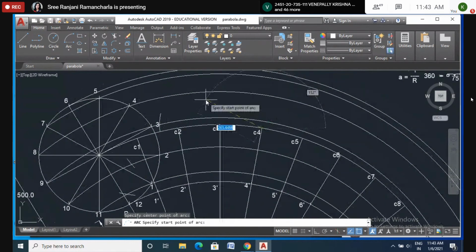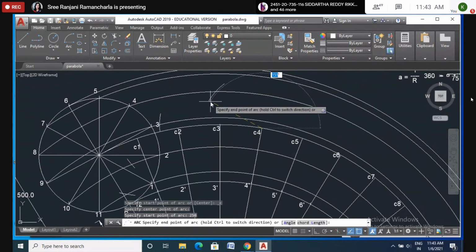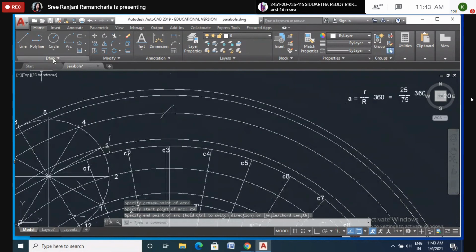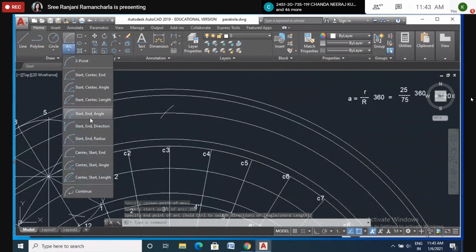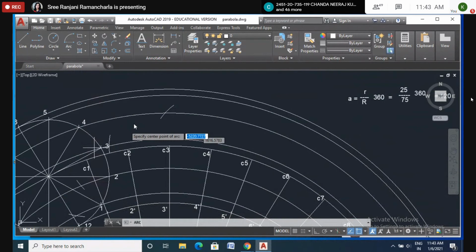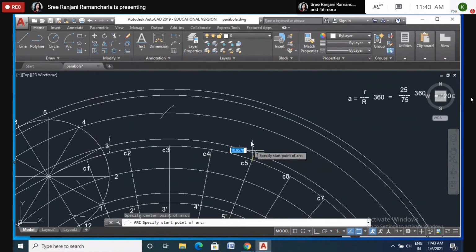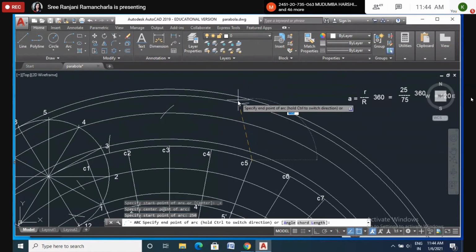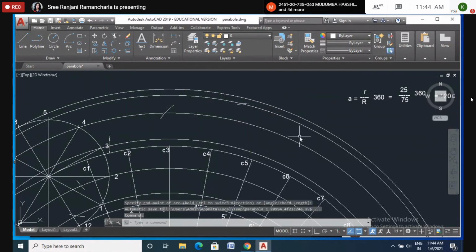It will be cutting on the fourth line, this one here. So I will keep my cursor here. Somewhere it is cutting here. So I want to keep it here. So 250, like this. And again, this one, C5 as the radius. Somewhere it will be cutting here. Somewhere I will take here, 250, enter. So like this, right? And C6.